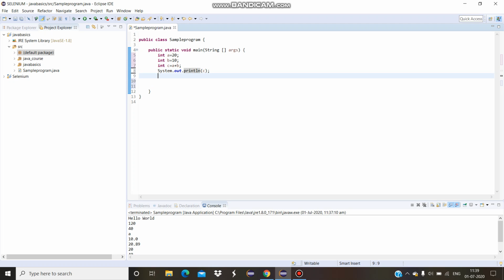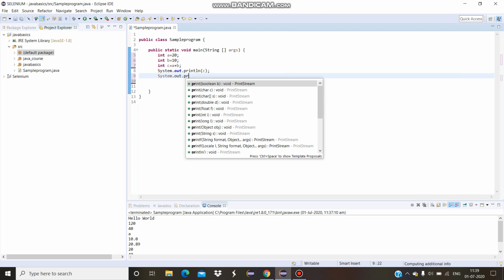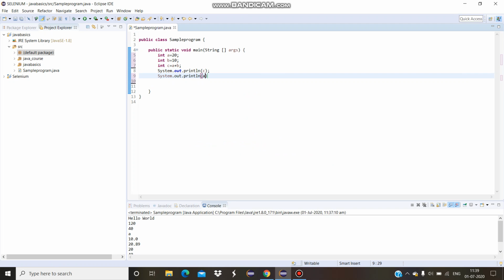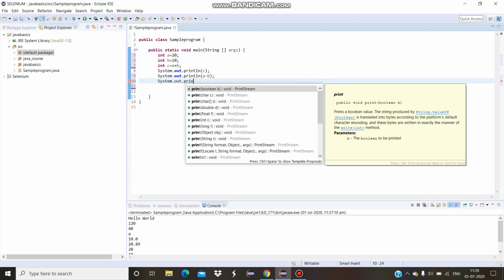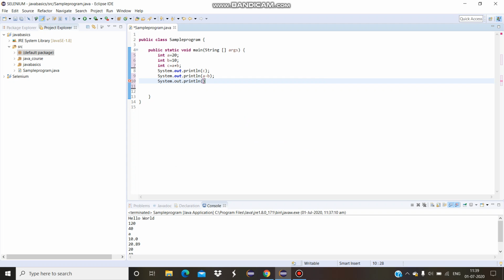Then int d equals a minus b. Instead of doing this, we can simply write System.out.println a minus b. Next, we would write System.out.println a into b.